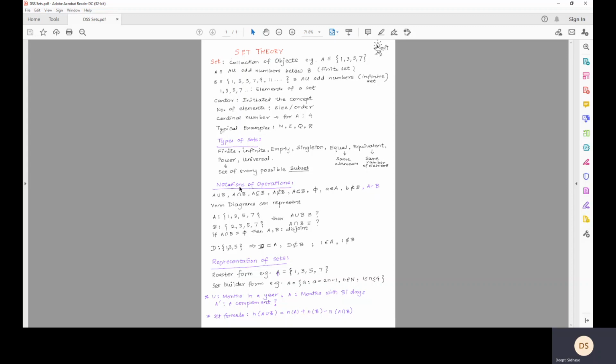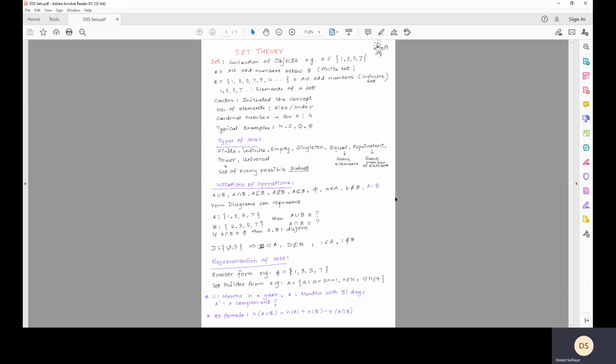Now there are notations such as A is a subset of B, or A is a proper subset of B, A is not a subset of B, etc. This phi basically denotes an empty set. Now, whenever an element belongs to a set, you can denote it in this manner. Suppose small a belongs to the set capital A, we will say a belongs to A. Or small b, if it doesn't belong to the set capital B, we will say b does not belong to B.